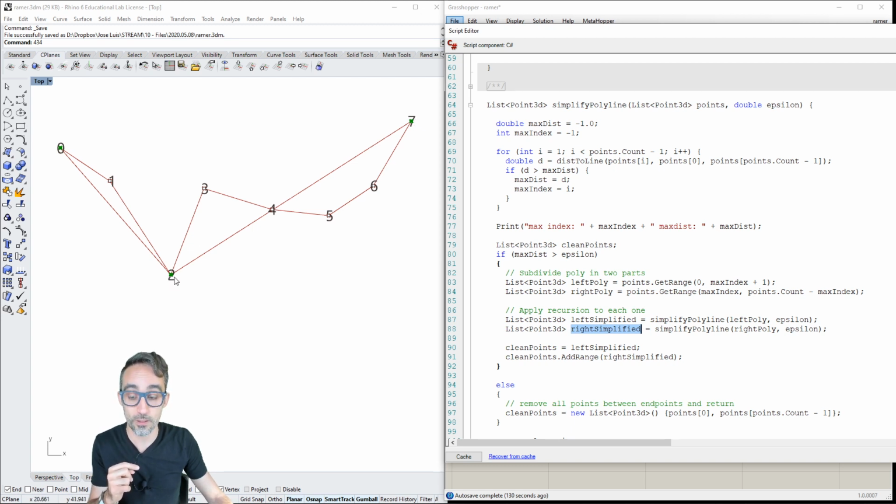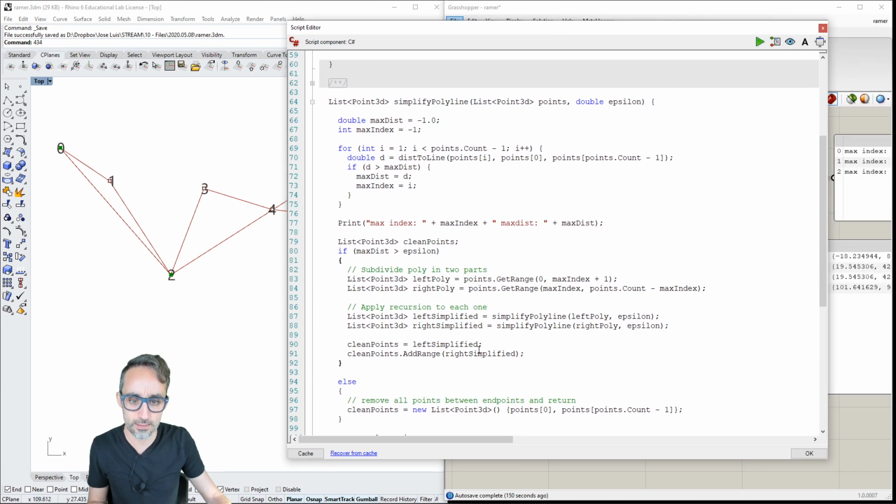We are duplicating this vertex on both ends because we sent this vertex to both ends of the subdivision. So the only thing that we need to do here is operate a little bit with this right simplified, and make sure that we do not add to clean points the first vertex of this end.